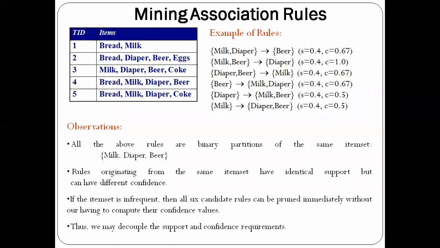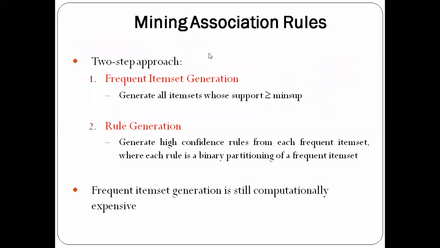Okay, so we can perform the association analysis problem in two steps here. So first step is, we can find the frequent item sets. Okay, we can generate the frequent item sets. That is the first step. So how are you going to generate the frequent item sets here? Frequent item sets are nothing but item sets which satisfy the minimum support here. If the support of this item set is greater than or equal to minimum support, then we are going to tag it as a frequent item set. That is the first step.